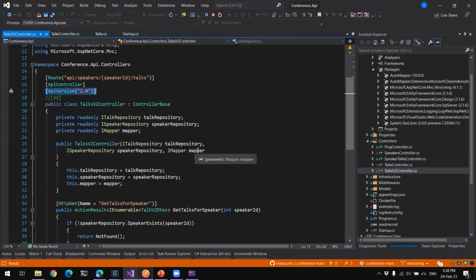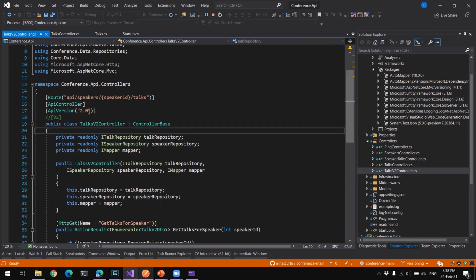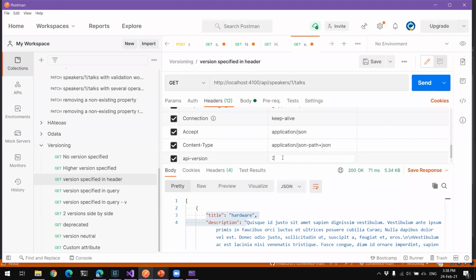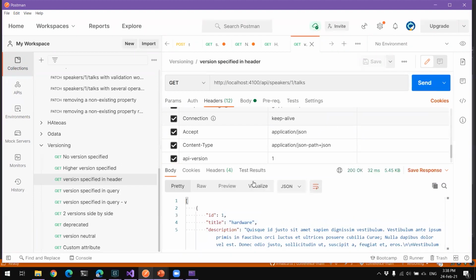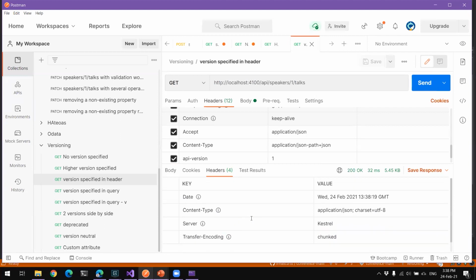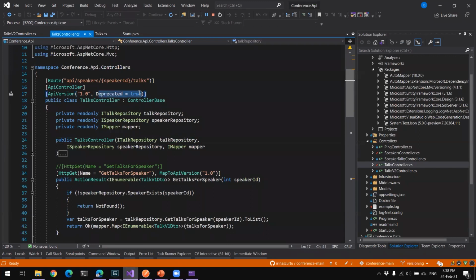Yeah. So in that attribute, I saw you can specify an is deprecated flag. Yeah. Does that get returned to the caller in some way? Yeah, it should, as a header. Let me get back to the Postman. So I go version 1, send, and in header, I think we also need to enable something in startup to make this work. Okay. But yes. But then you can see from the response headers that specific version is deprecated.